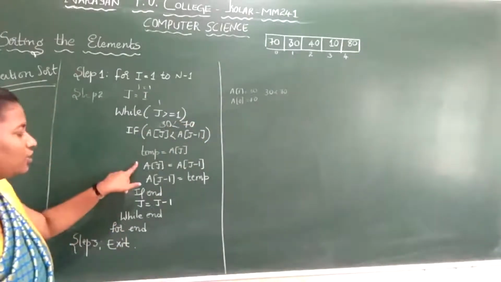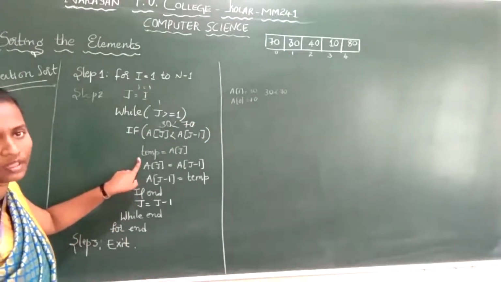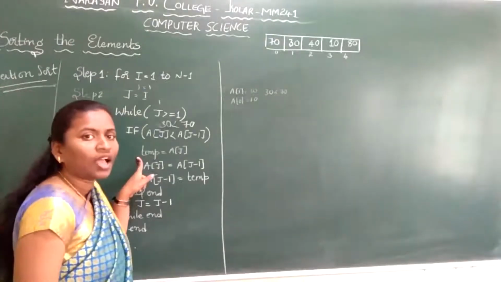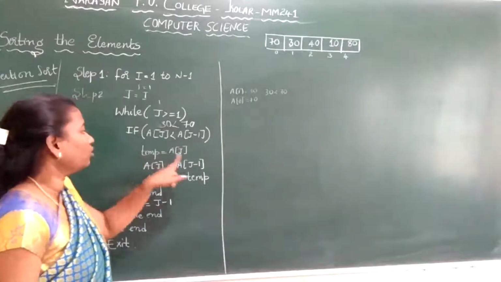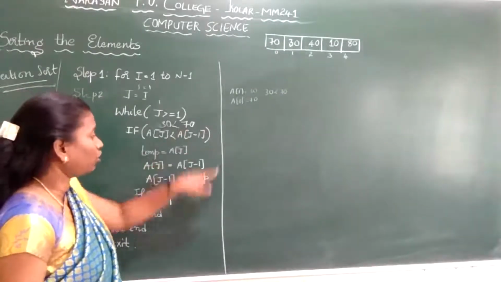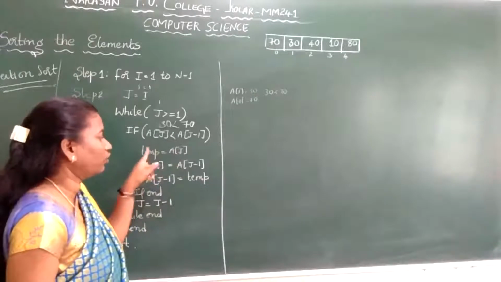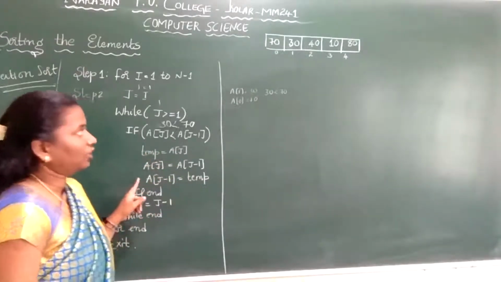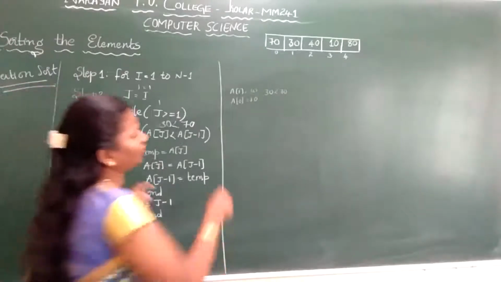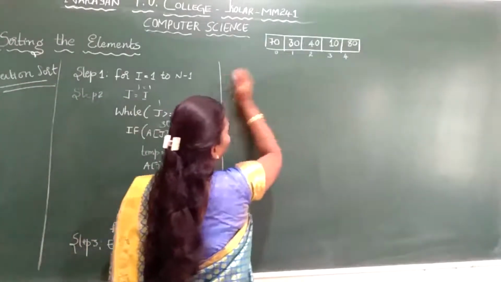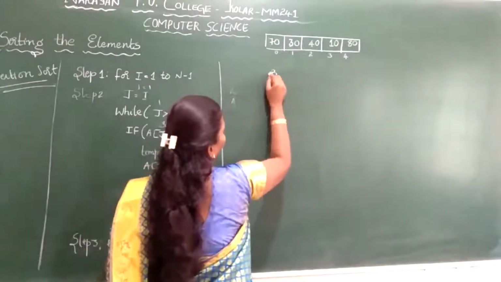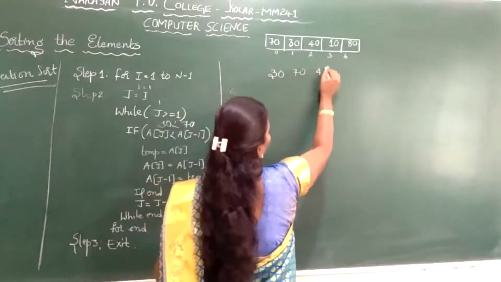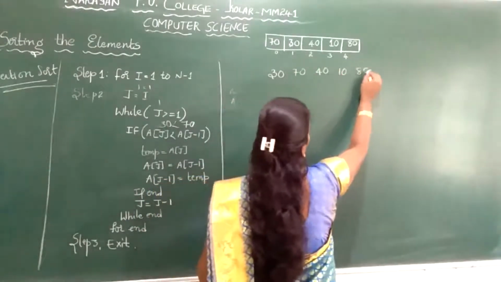So, your condition is satisfied. Now we have to swap. Already in the first pass we are seeing swapping, by using a temp variable and without using a temp variable. If you want to sort, you need a temp variable. A of j I will give to temp. A of j minus 1 I will give to A of j. Then temp I will give to A of j minus 1. Finally, the element is swapped. After this step, the array for the first pass is 30, 70, 40, 10 and 80.